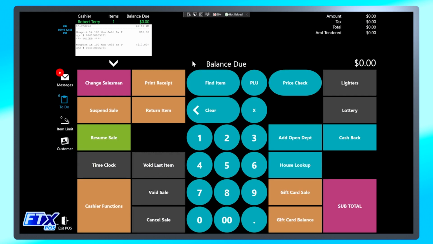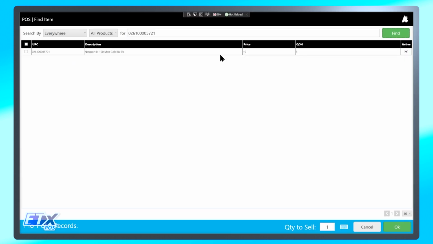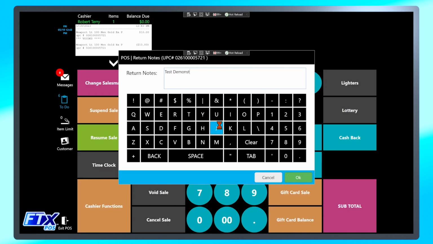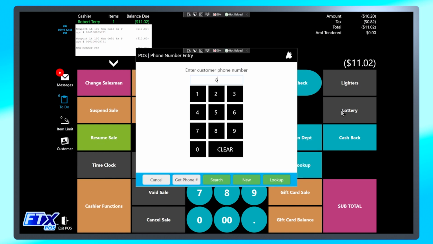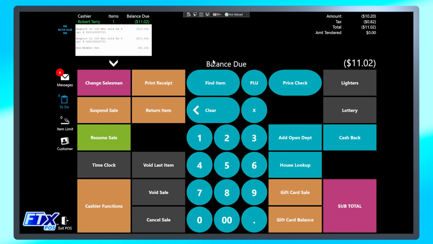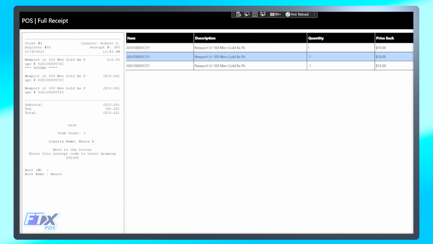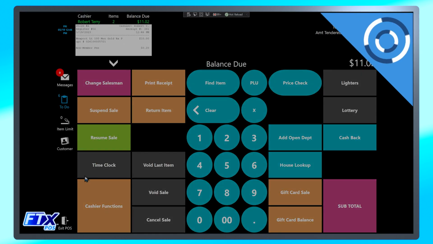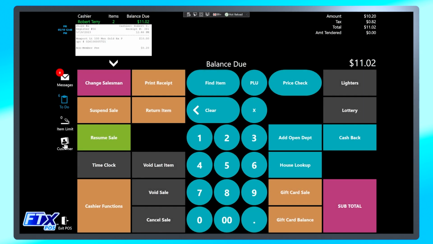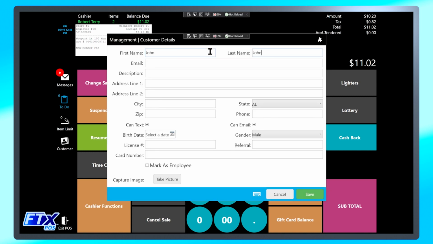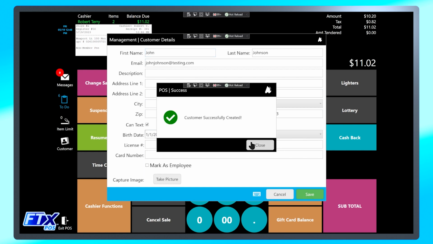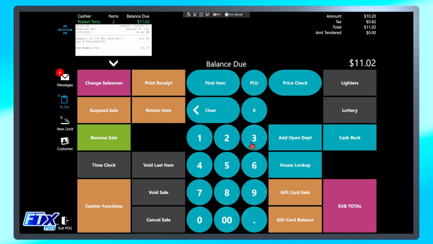We void the last item, do a return here, and we're going to log in our loyalty customer. Upon login, the void and return is still there, but the non-member fee has been removed. The sign-up process for Loyal and Save members shouldn't affect this process until the very end. In this case, we're going to do a new customer lookup. Upon the customer's creation, the customer is logged into the transaction, which activates our code and easily removes the non-member